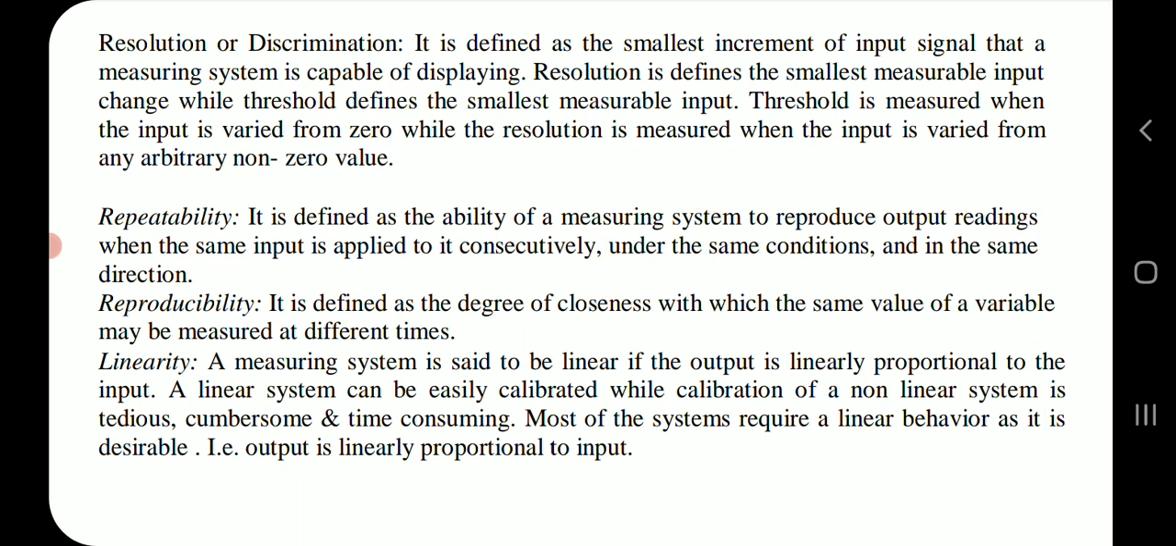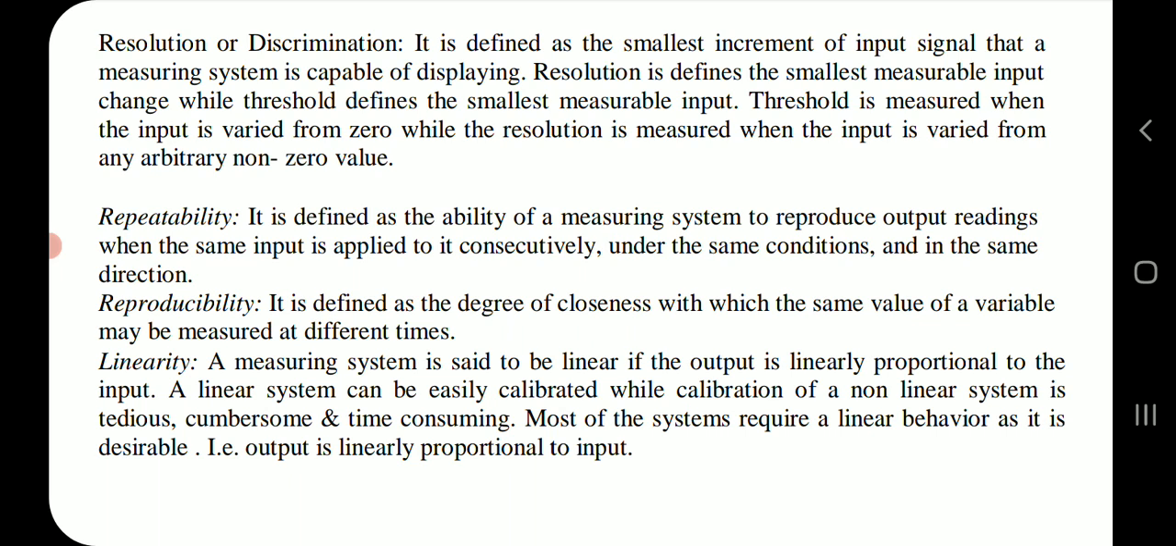Repeatability. It is defined as the ability of a measuring system to reproduce output readings when the same input is applied to it consecutively under the same conditions and in the same direction. Reproducibility. It is defined as the degree of closeness with which the same value of a variable may be measured at different times. Linearity. A measuring system is said to be linear if the output is linearly proportional to the